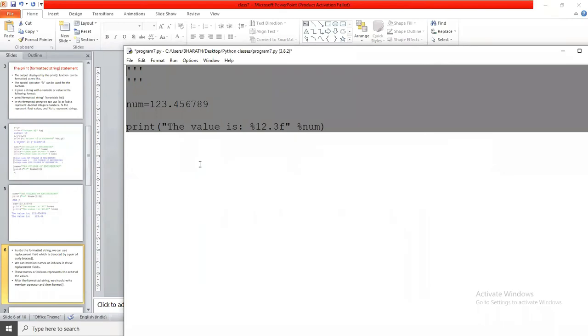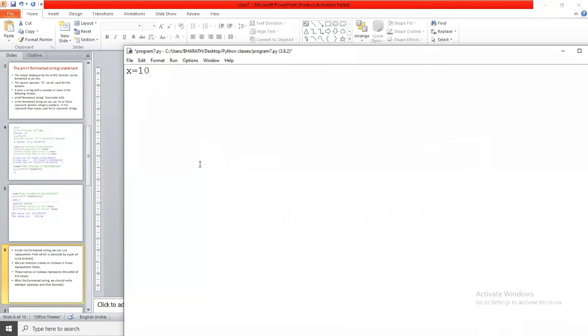Okay, here I'm taking x equals 10, y equals 20, z equals 30. Now I want to represent the data like this: value 1 equals 10, value 2 equals 20, value 3 equals 30.